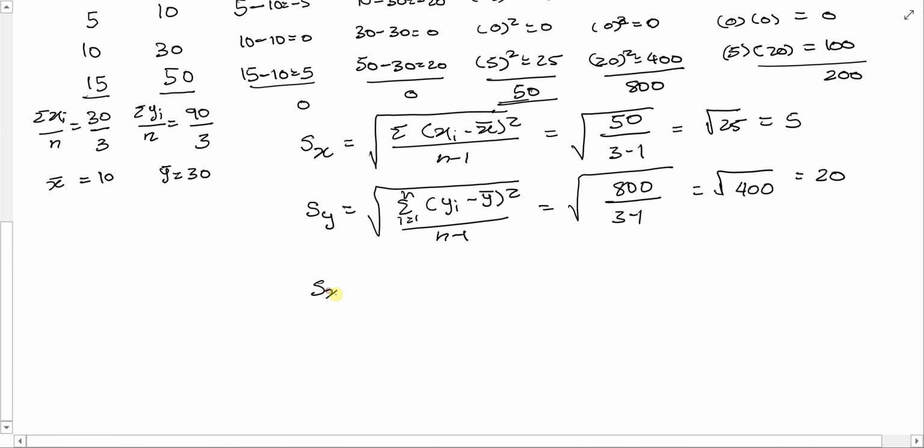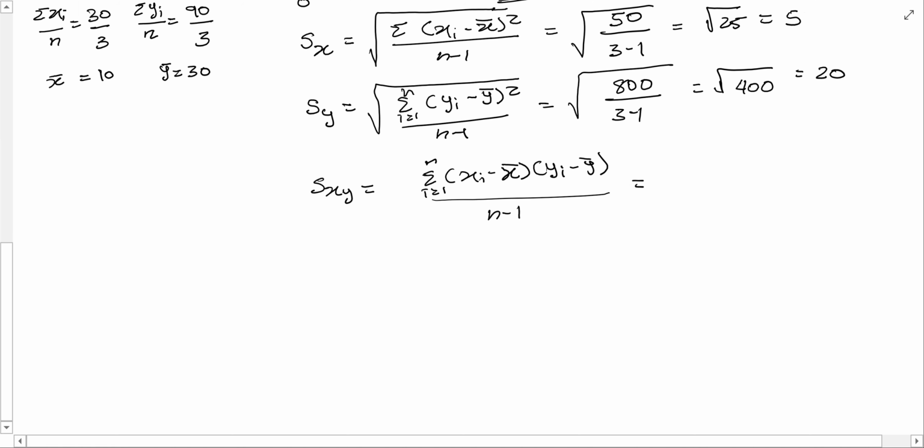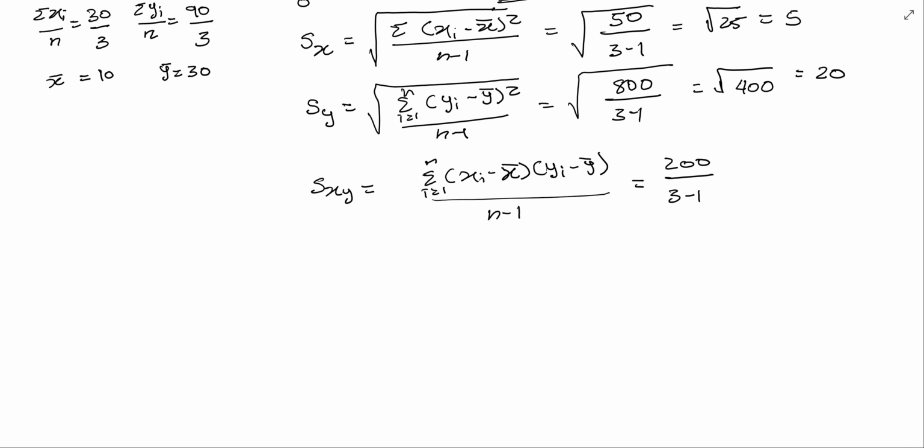So we'll have sxy, which is nothing but sum of all the xi minus x bar multiplied by yi minus y bar, sum it across all observations, and then you would want to divide by n minus 1. Sum of xi minus x bar times yi minus y bar, we already have calculated, that's 200, and then you have 3 minus 1 as the degrees of freedom, and that will give you 100,